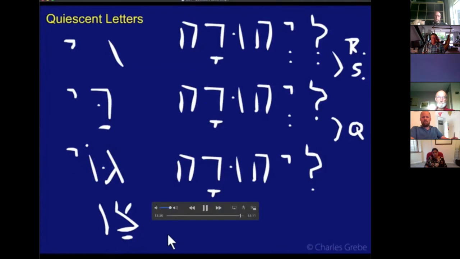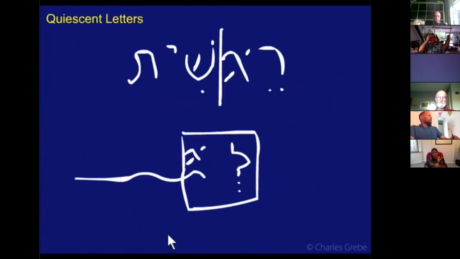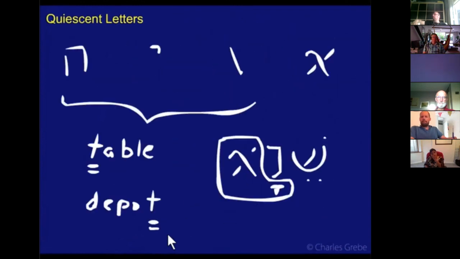Command. So, by way of review, we have 4 consonants, He, Yud, Vav, and Aleph, that can lose their consonantal value. They can quiesce, they can cease to function as consonants, they'll blend with the previous vowel, and this tends to happen at the end of syllables. And with Aleph, you will also sometimes get quiescent or compensatory lengthening. It will lose its vowel underneath it, and the vowel before it will lengthen.